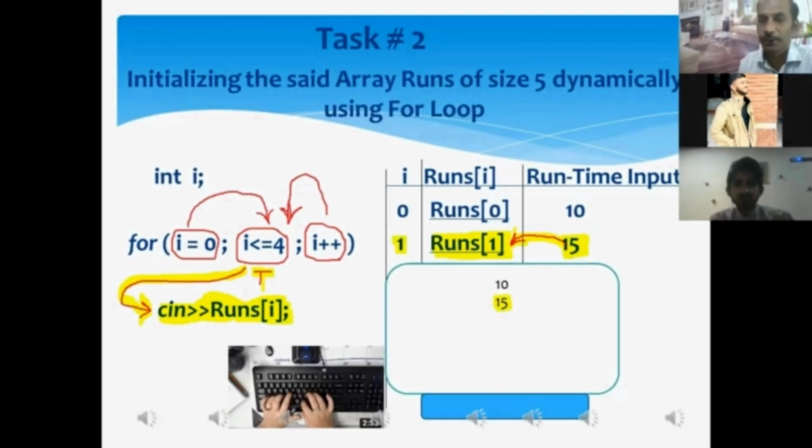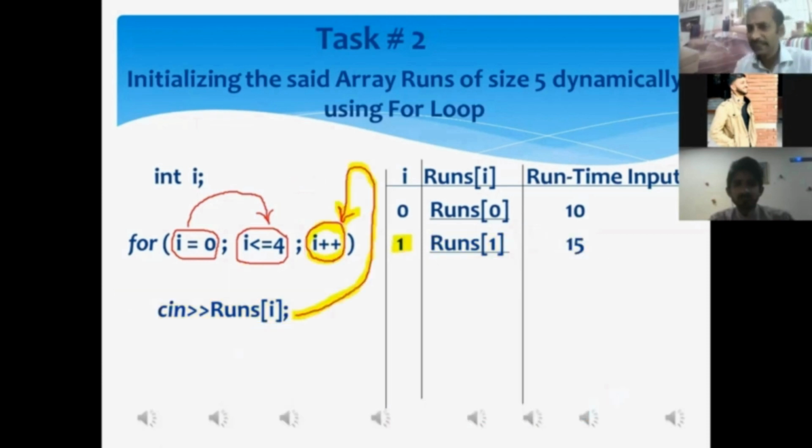Now another question to you. After the execution of the for loop associated statement, that is the scanf statement, the control of execution will be shifted to which statement? Sir, increment statement. Okay, your answer is correct. I'm very happy. Now, do tell me, what is the current value of I? Sir, 1. I plus plus means add 1 to I. Okay, what will I's next value become? Sir, 2. Okay, can I write 2 over here in the column under I? Yes, sir. Okay, I have written that.